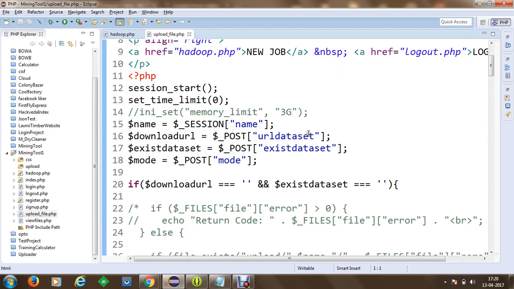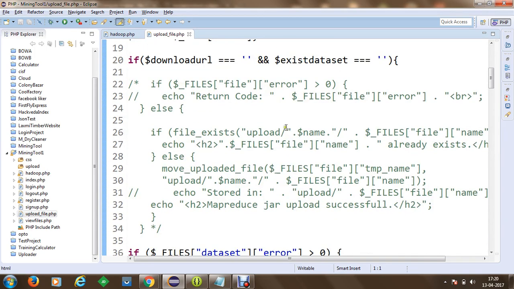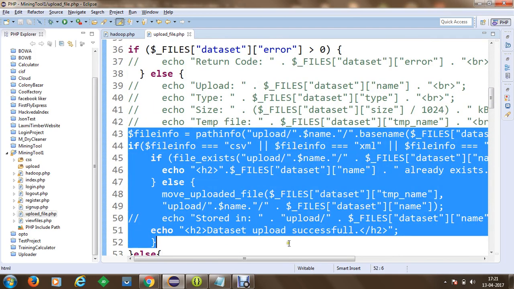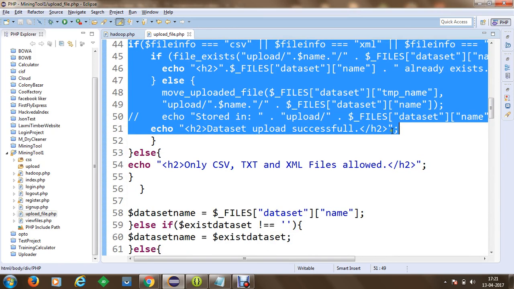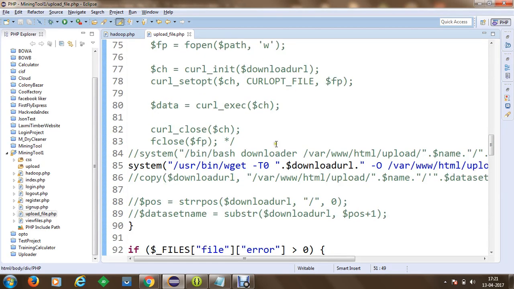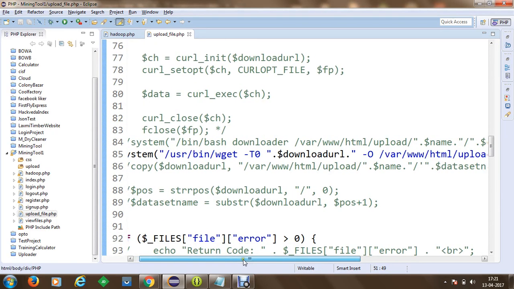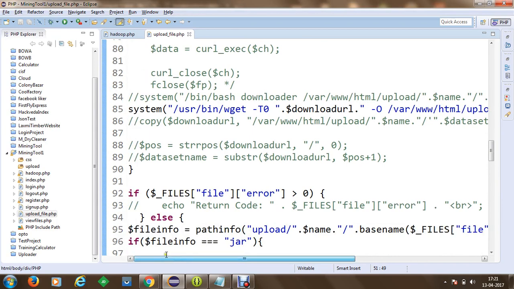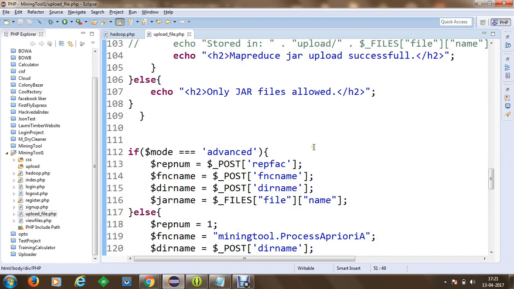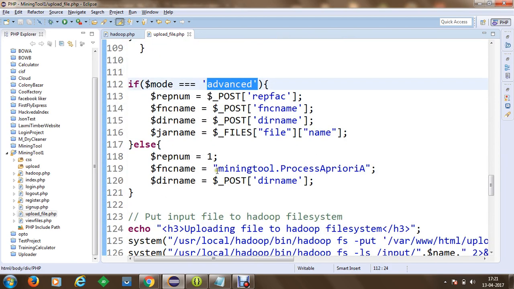So now what we will be doing, we have taken the data set here, we have uploaded the data set. Once the data set has been uploaded, this is the upload code for uploading a data set over our HDFS. Once the data set has been uploaded, we can specifically download all these things. Now we are going to download the data set from a URL using this code, and we are going to specify the jar file as well. Once the jar file, which will be used for processing the data set, has been uploaded, we are going to identify whether we are in the advanced mode or else in the intelligent mining mode.